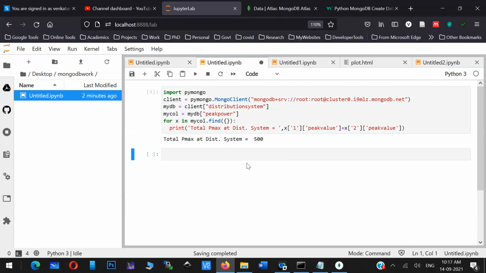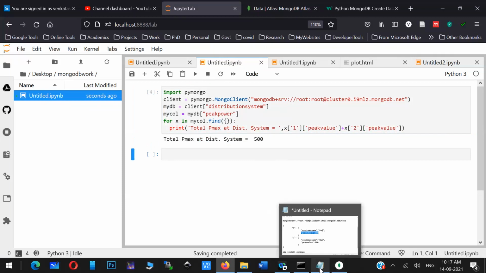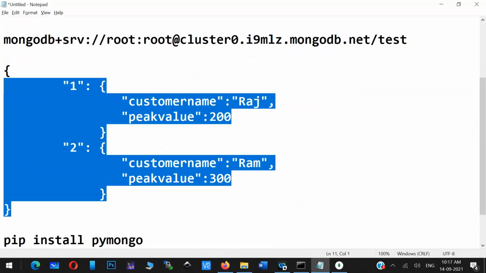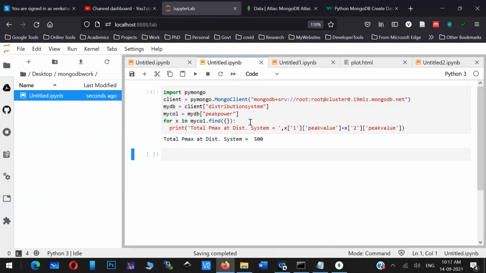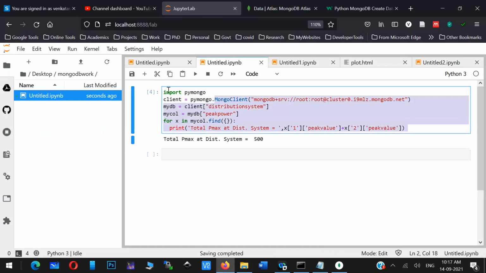So in this way, you can work on the MongoDB database in Python. Okay, is it clear? So what we have done now, we have created a database and we have retrieved that particular database. So create, retrieve, CRUD. In CRUD, create and retrieve operations are done.